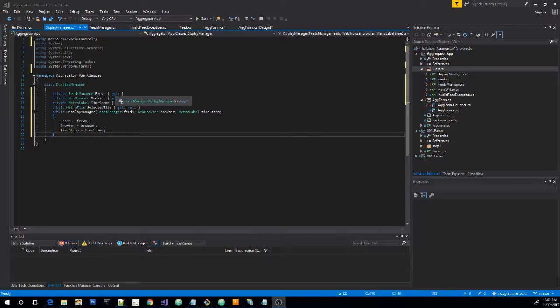It's not a property, is it? We're only adding the get function to these properties because we don't want them to change after the display manager is created, except for the selected tile. Now the selected tile,